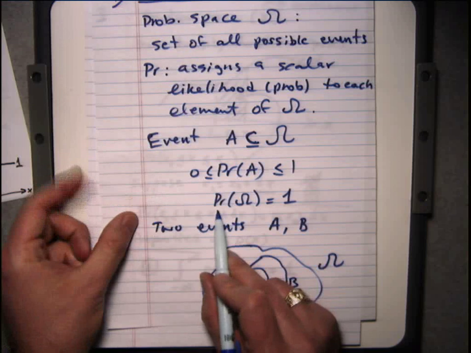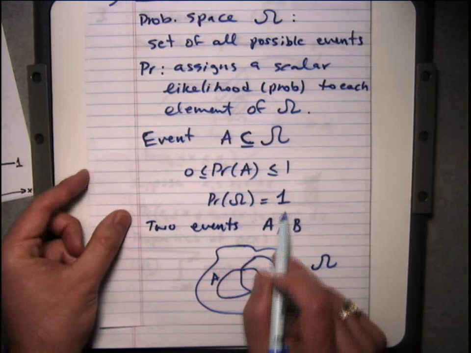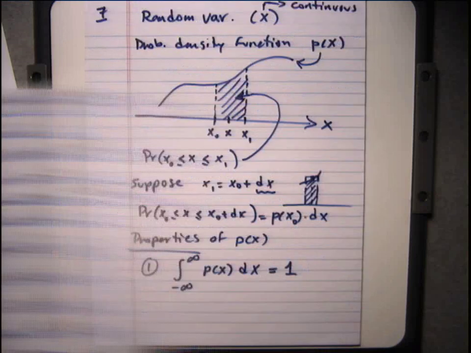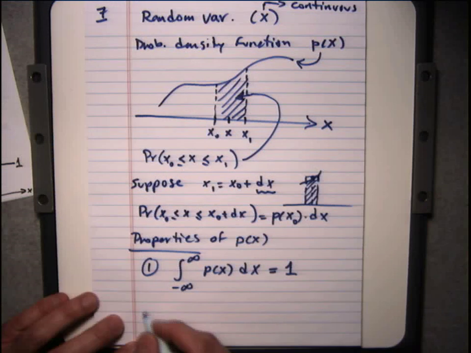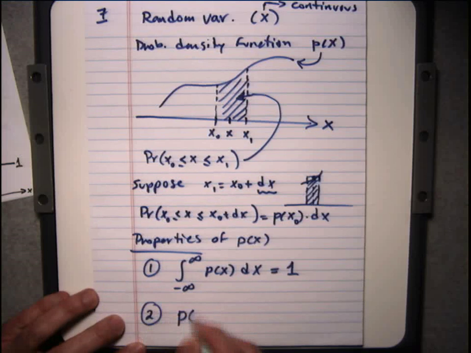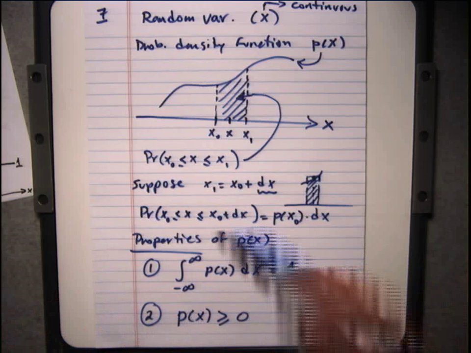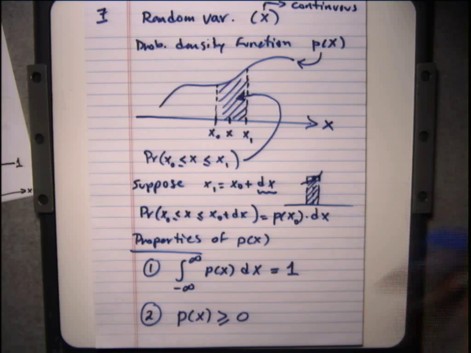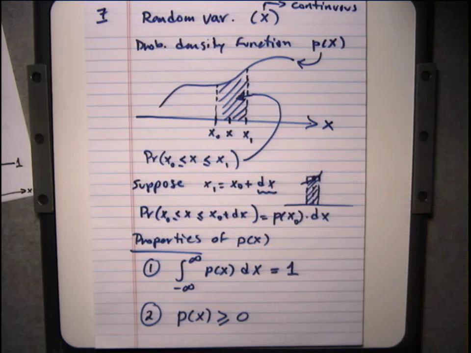So this is exactly the same as what I showed you earlier, which was this expression. Okay? The probability of the entire set occurring is equal to 1. This is basically just another way of writing this expression here. Okay, the second property is that the PDF is always a positive function. Okay? Because if you just divide both sides of this by dx, this left-hand side is always positive. So you're talking about something that measures probability, so it would have to be positive.